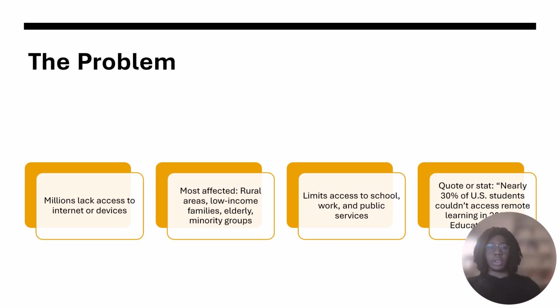For example, the COVID-19 pandemic really exposed the digital divide. Schools shut down and moved online, but millions of students didn't have a reliable internet connection or computer. According to Education Week, about 30% of U.S. students had trouble accessing virtual learning. Many adults lost their jobs and couldn't apply to new ones because job applications were only online. Elderly people who needed medical care struggled to use telehealth platforms. These examples show how a device isn't just a convenience, it's a serious barrier to survival and progress.